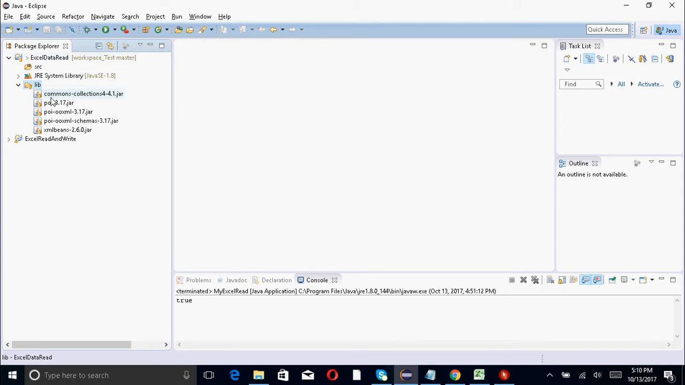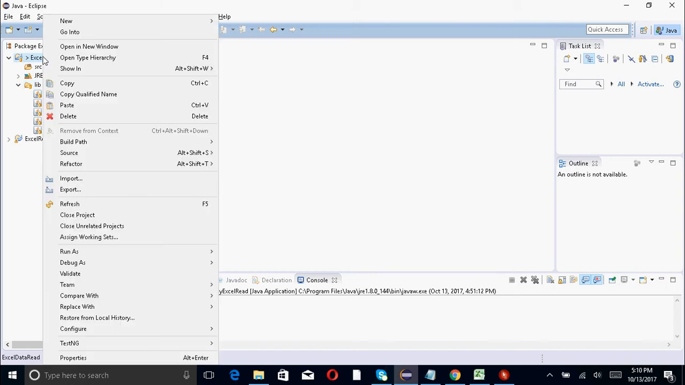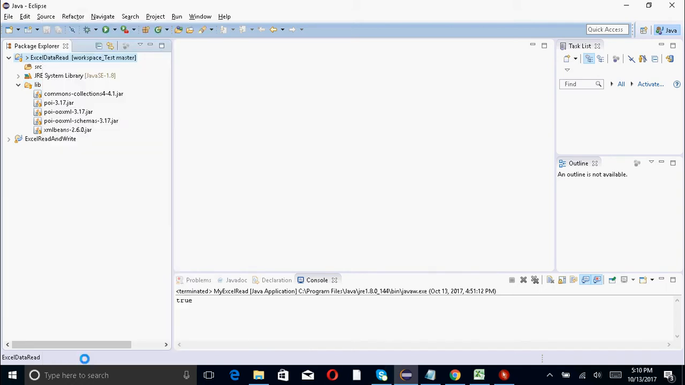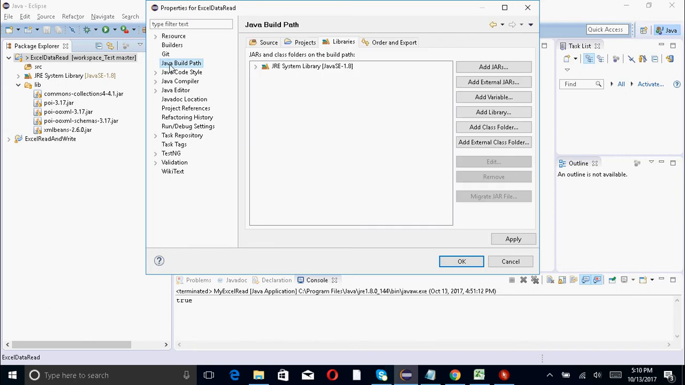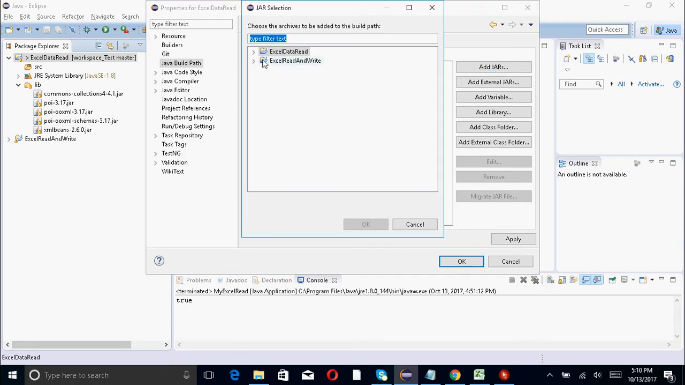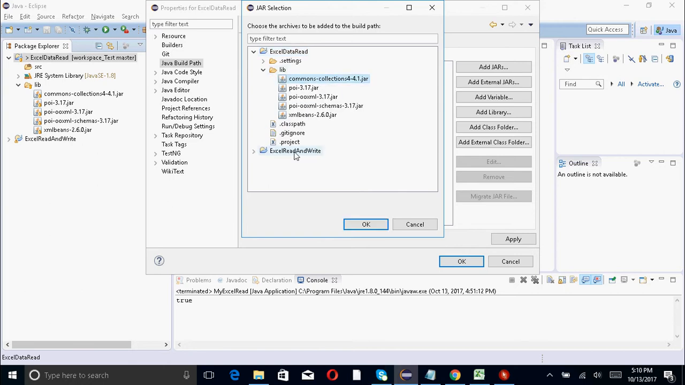Now I need to add those in the build path. So I will right click on the project, I will click on property, I will click on Java build path, and the library tab is already selected. So I will click on add jar, I will expand this project, and then I will expand the lib folder. I will select everything from the keyboard,